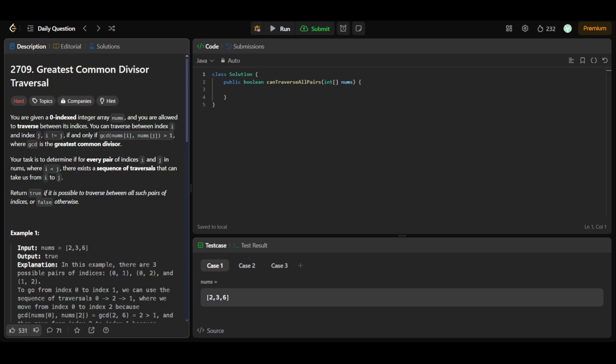Hello people, today we will be solving LeetCode Daily Question 2709, that is Greatest Common Divisor Traversal. In this we'll be given a zero-indexed integer array nums, and we are allowed to traverse between indices. We can traverse between any index i and j, that i is not equal to j, if and only if the GCD is greater than 1, and GCD is greatest common